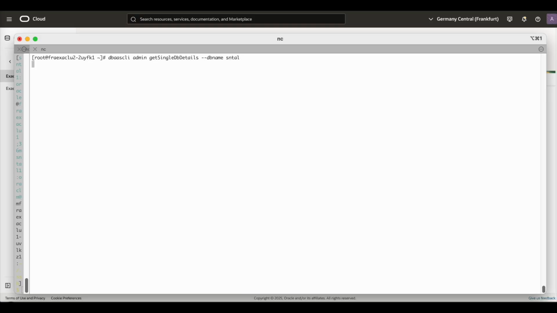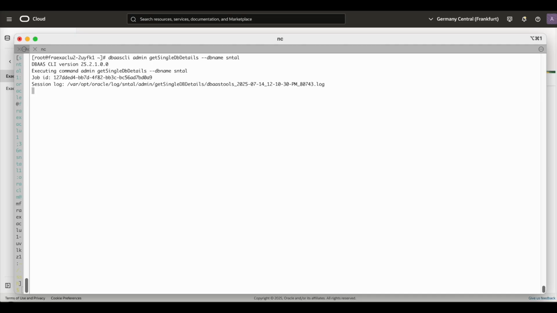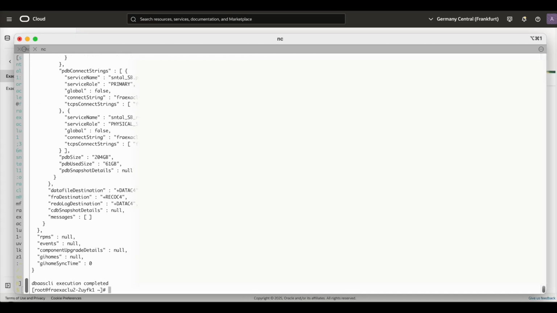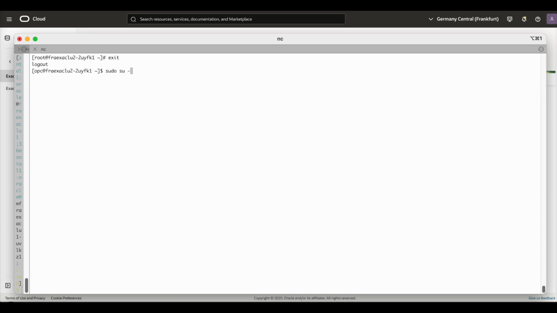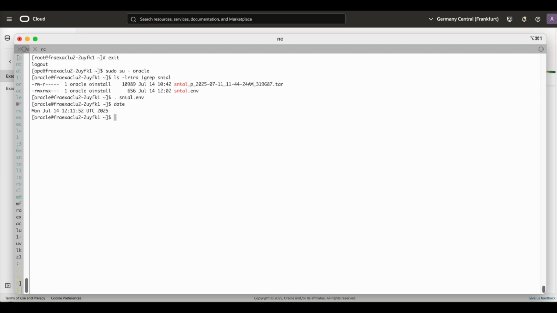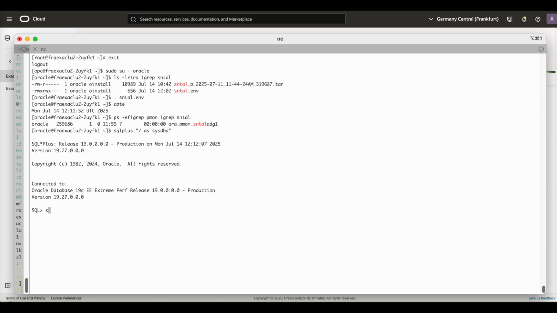To verify the standby, execute the dbaascli commands shown here. Connect to the standby database and verify the DB name, unique name, service names, and broker information.